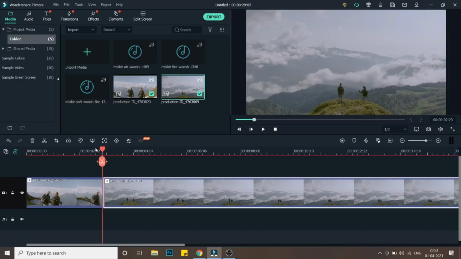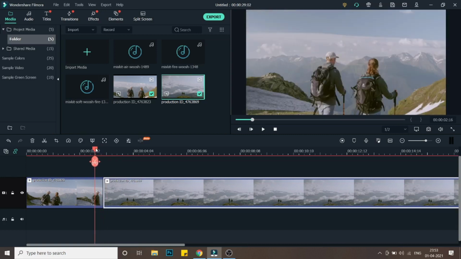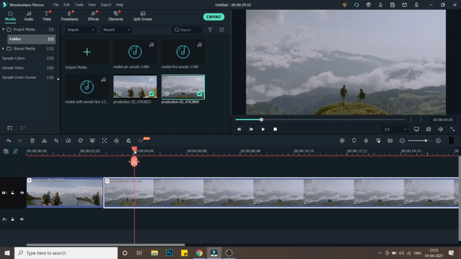So how we will be doing it, we'll add a zoom in transition from this video into this wide zoom out of the couple. So this will be a transition, and after that we'll go with a little zoom in of this particular picture. So we'll just zoom in, not a zoom in transition, it will be just a zoom in effect.